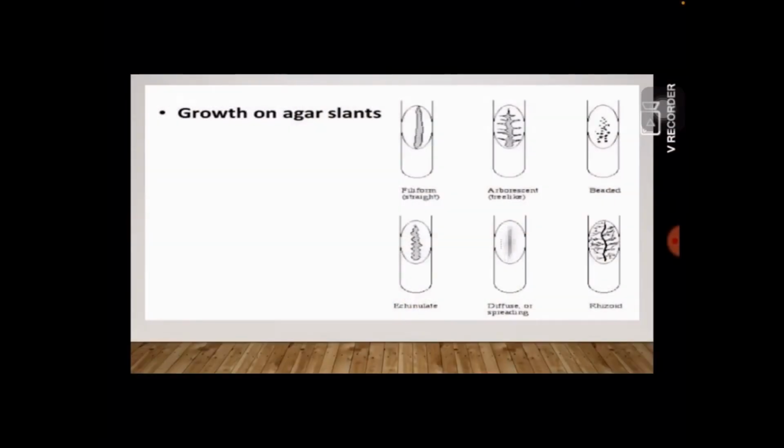Now, growth on agar slant. In slants, when you inoculate with your wire loop, inoculating loop, there are also various types of colony formation. But their colony formation is different from plates. In plates, they grow in certain types, and in test tubes they grow in certain types. In agar slants, there are filiform shapes,